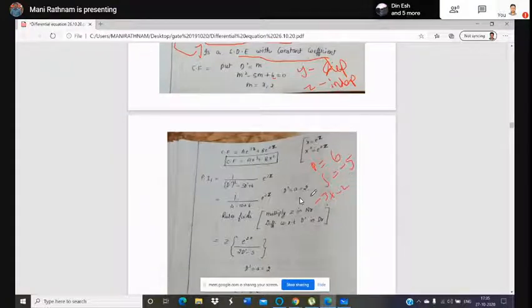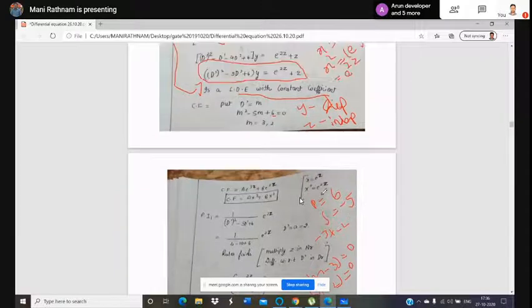So it should be represented in the factor format, m minus 3 equal to 0, and m minus 2 equal to 0. M minus 3 equal to 0, m minus 2 equal to 0. So here you get m equal to 3 and m equal to 2 as your roots. After that, you can write it. And remember that here the roots are real numbers. It's not a complex root.